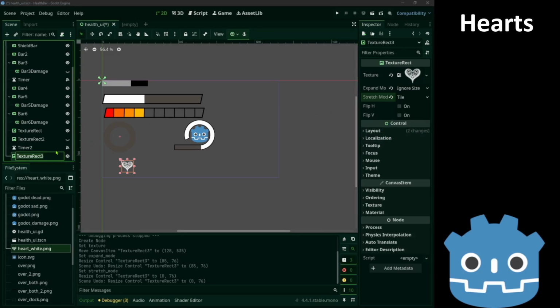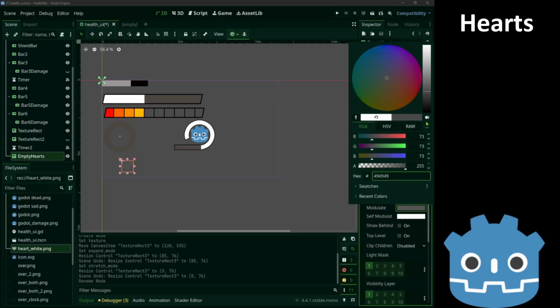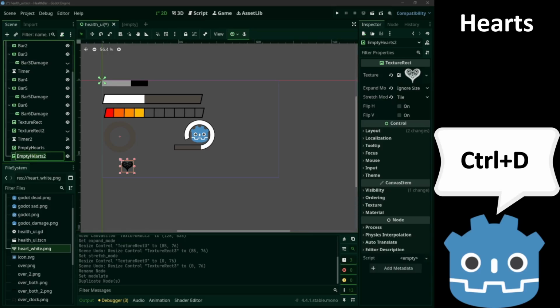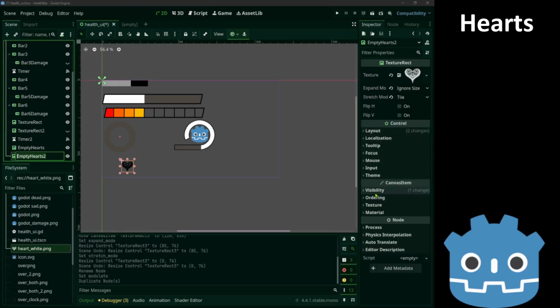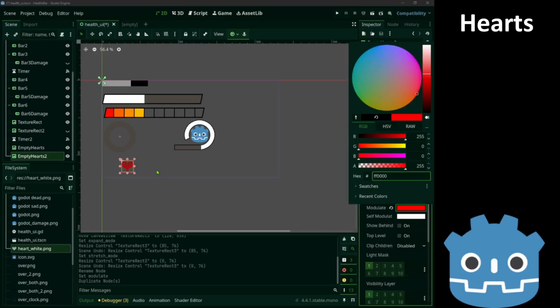So we'll call this one empty hearts. Set its modulate to black. Ctrl D. Set the modulate to red.